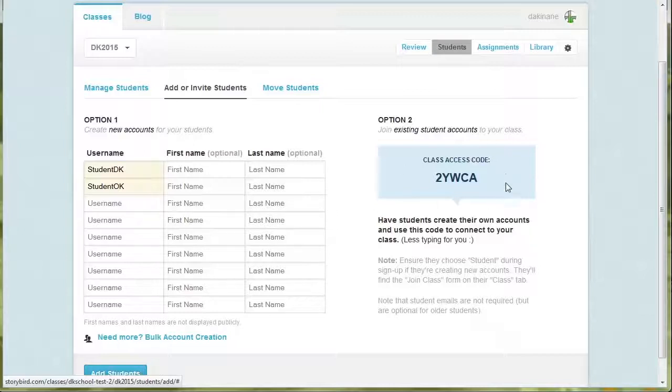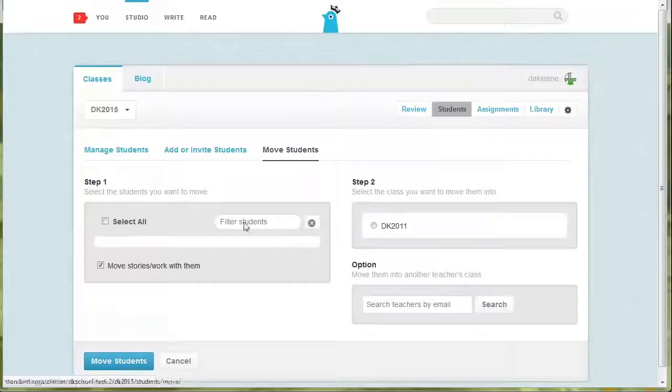If you wanted to issue an access code, you can just supply that with your students, and when they come to log in, they will be challenged with a code. You can just use that to log in, so that's another way of doing it. So let's go through this. What we can do now is we've added our students. If you want to move students between classrooms, you can do so. I'll let you look through that, but most of you will be organizing students with one classroom and not moving them around. So I'm just going to come back to manage students